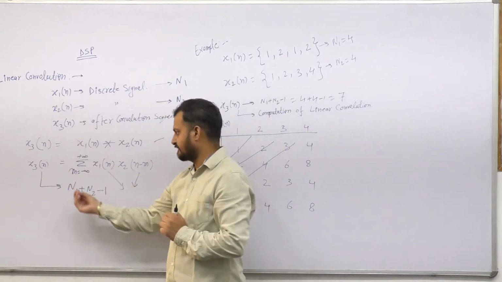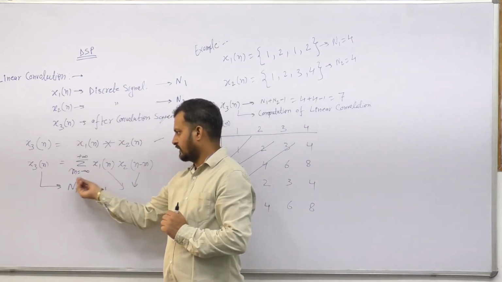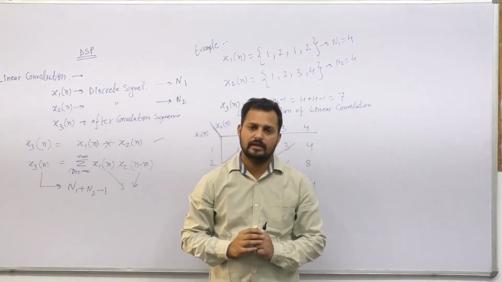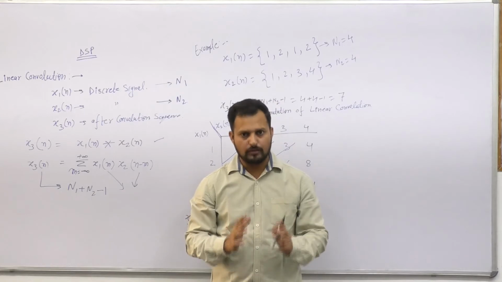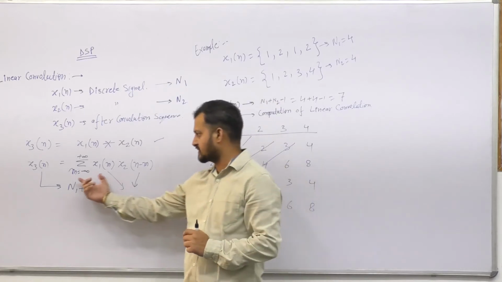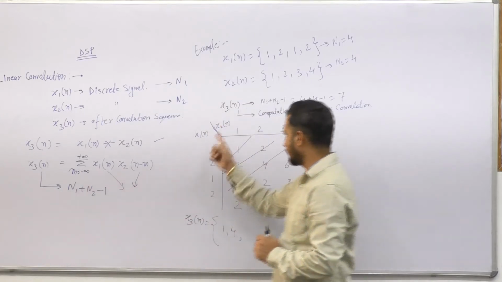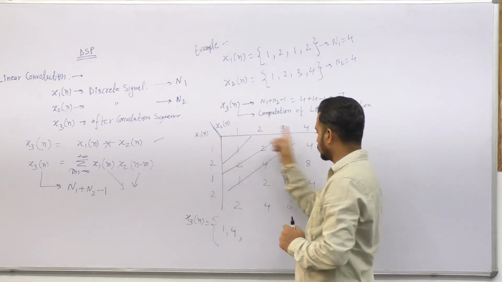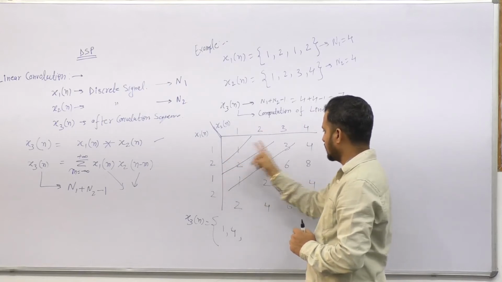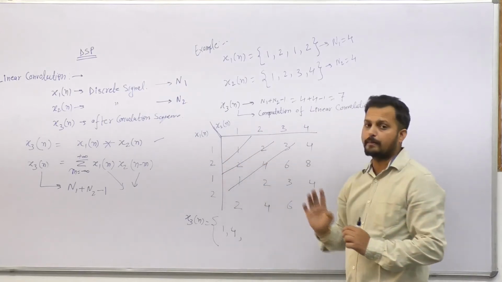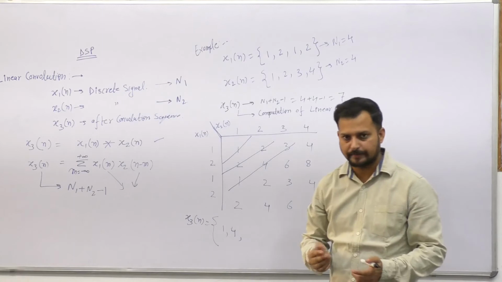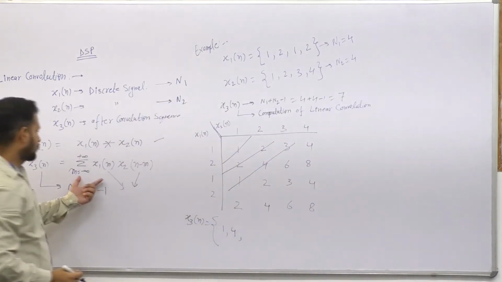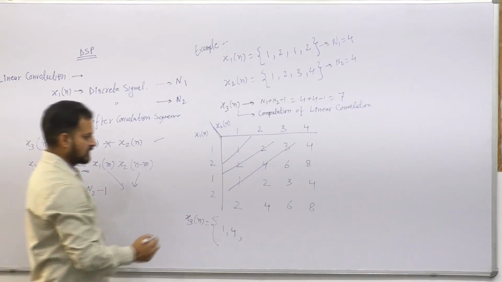If we place the value of small n and small n, then this is the traditional way of computing the linear convolution. If we talk about the matrix representation, we have just directly mapped this formula into a matrix form, right? And we have collected all the sequence points, and then we are multiplying each point, and then we are combining. That's how we are doing, right? So this addition we are following with the addition of the formula given by this sequence.